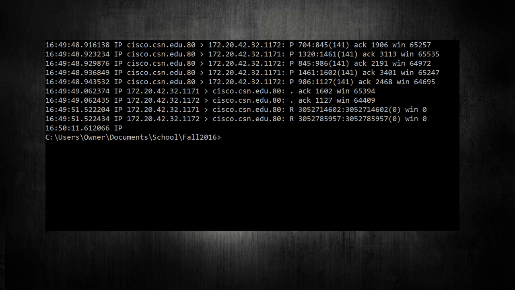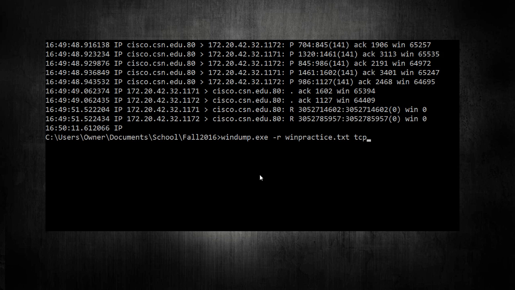Okay, now looking for flags gets a little bit more tricky. So what we have to do is get our stuff set up. Then we're looking for TCP flags.